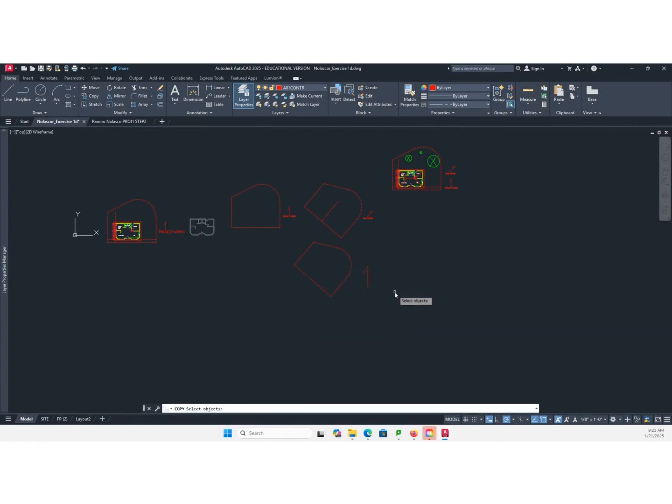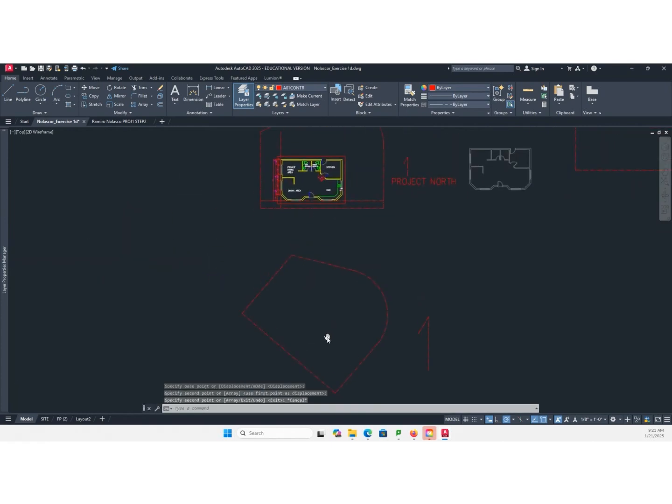I'm just going to make a copy of this and place it somewhere here. So this is your true north. When we created this, north is pointing upwards. But I want to reorient this so that it aligns to the building.